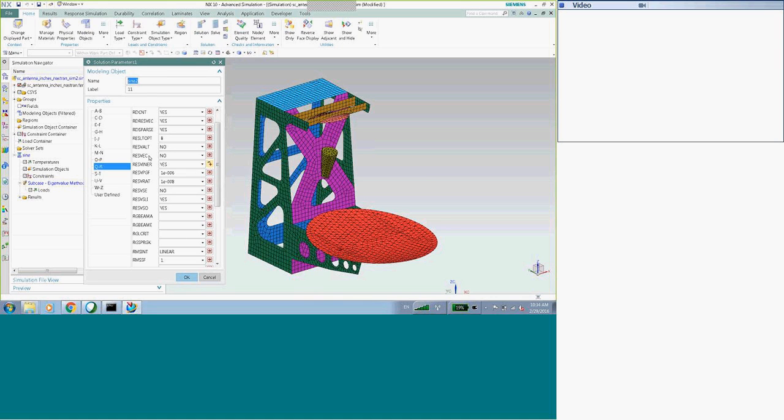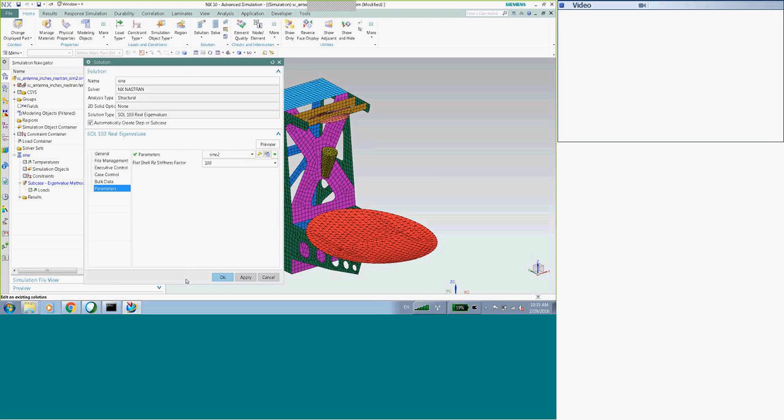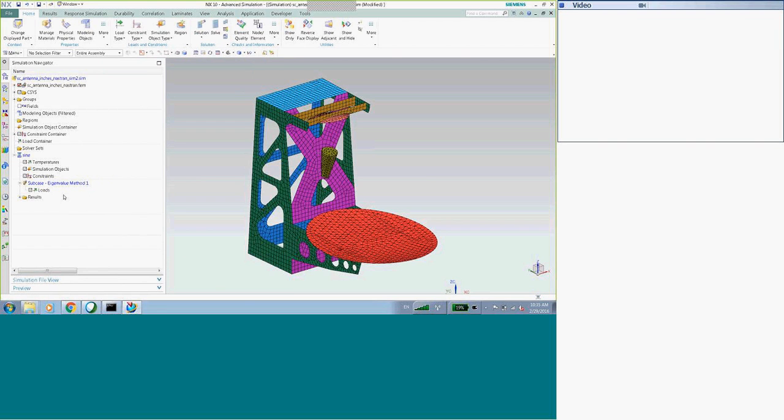There we go. I think a modeling object called sine, and it remembers. I've got my output request. And what do I always forget to do? Drag my strength.